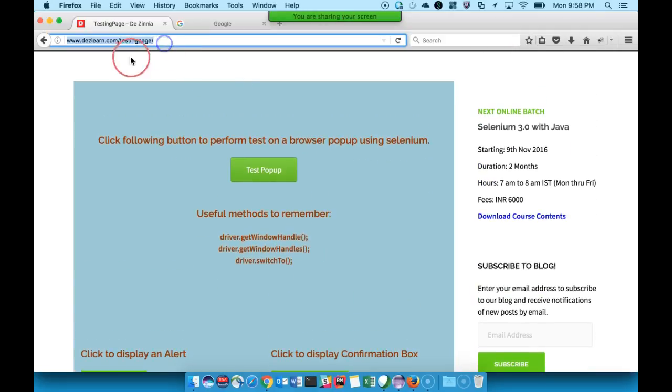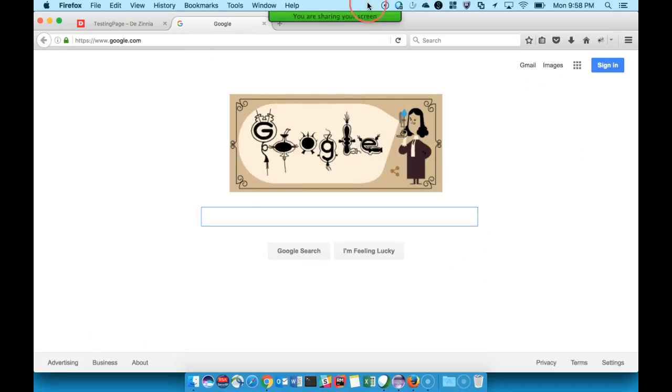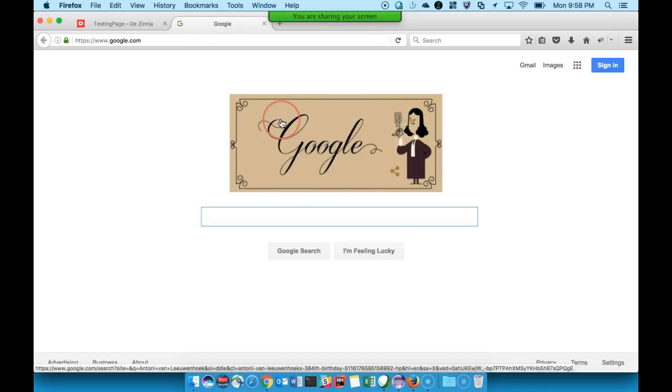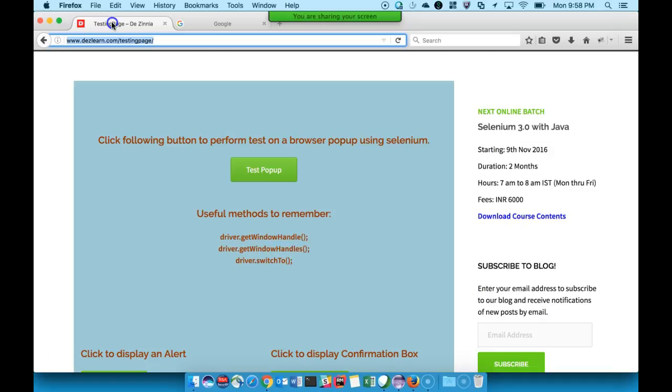So if it navigates to some other page, it's fine, it will still be on the same browser. But if it opens a new tab or a new browser, then the driver cannot handle it directly. We will have to explicitly switch the driver to the new window in order to work on the new window. So that is what we want to learn in this session.